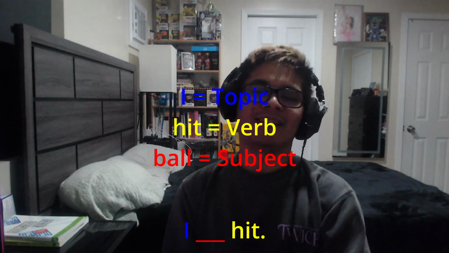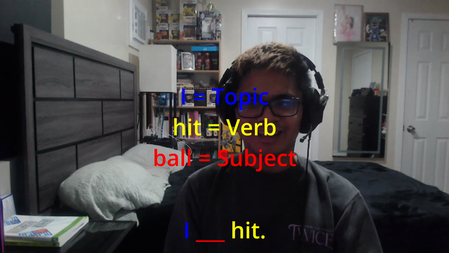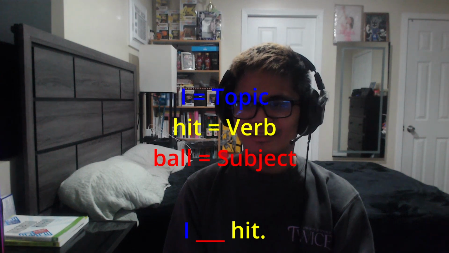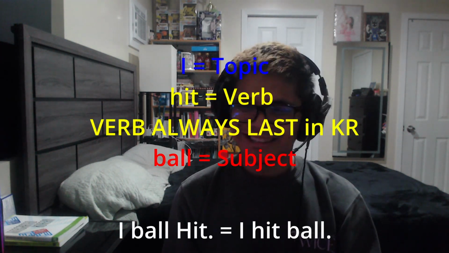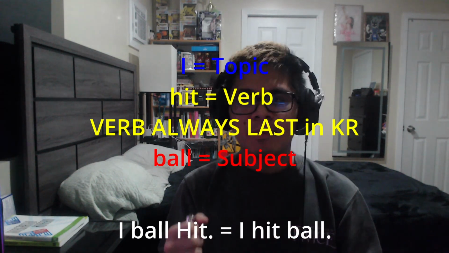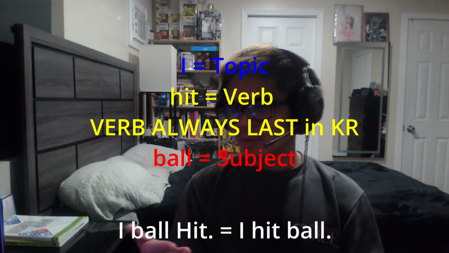I blank hit. What's the blank? That's right, ball. I ball hit. So I hit ball, I ball hit. Backwards in terms of speaking. And another important thing to know about verbs in Korean